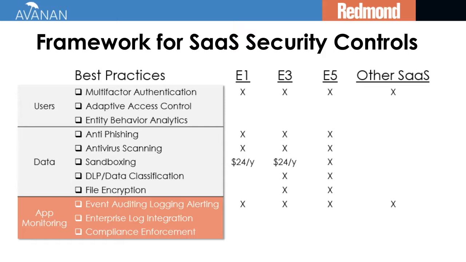So now just to recap on the main takeaways from this portion. First, it's our responsibility to secure our users and our data, even after we move them to the cloud. Second, if we're going to deploy security technology, do we want to purchase them from Microsoft or look elsewhere? And then third, while we're looking, we should consider that we might have SaaS beyond Office 365.